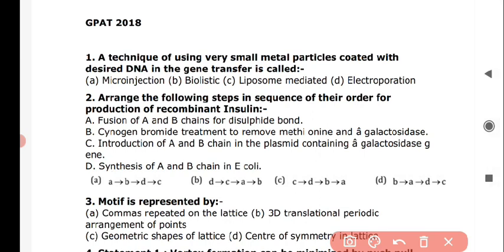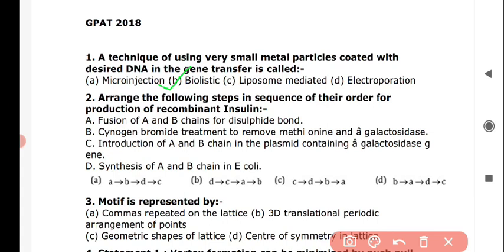of using very small metal particles coated with desired DNA in the gene transfer is called, and the correct answer is option B, biolistic. Next question is, arrange the following steps in sequence of the order for production of recombinant